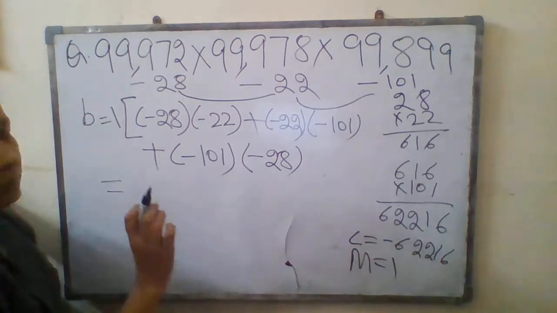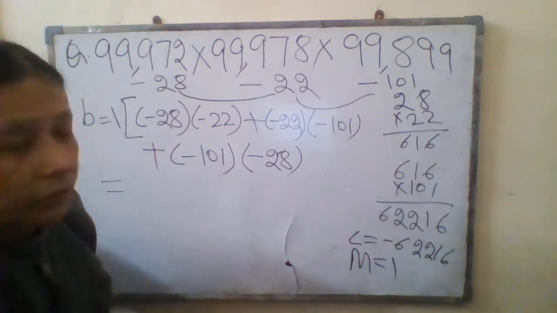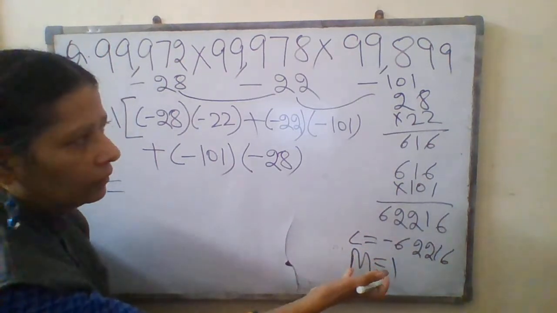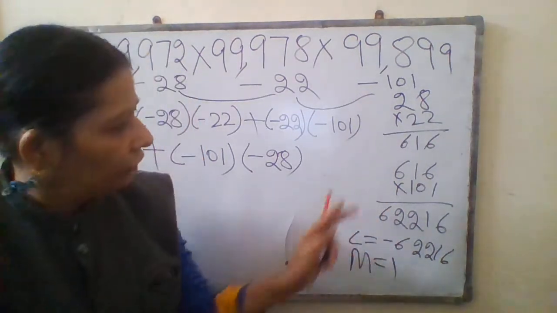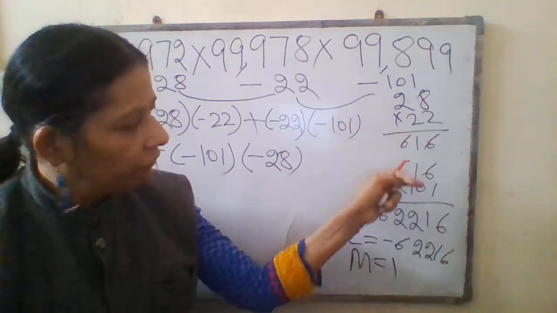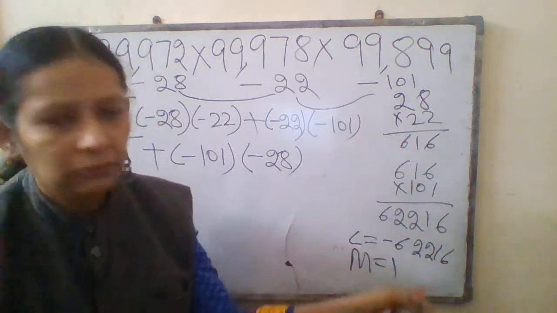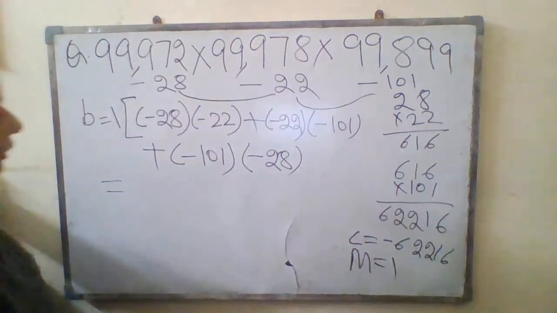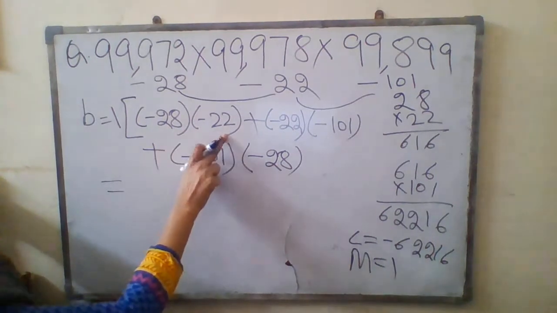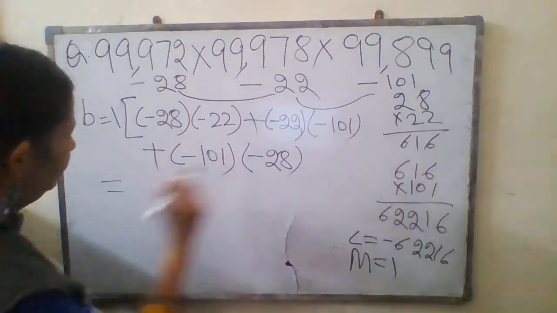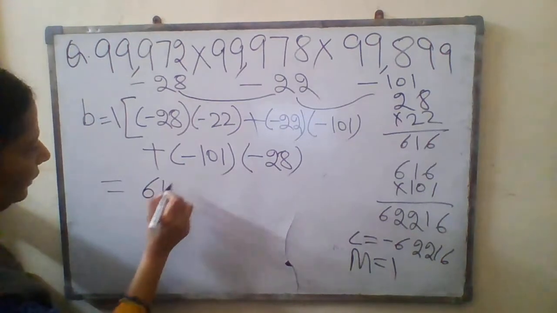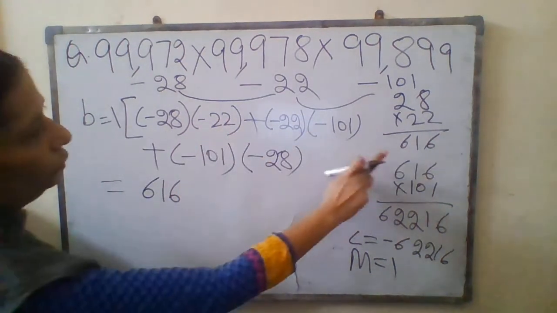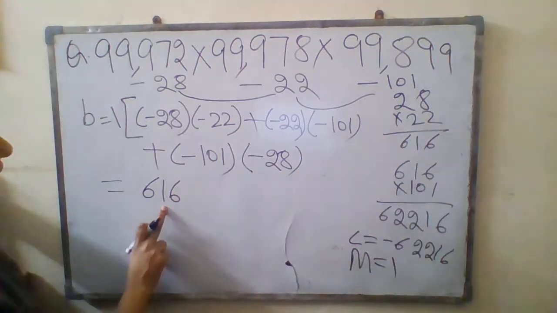Now this is not at all difficult, not at all. Why? Because this work you have done here. I have not rubbed it, because this is what you will use in the whole of your question. 28 multiplied by 22 you have solved here itself. So I am going to write down here this. When you multiply 28 with 22, you will get this. So I have written this here.